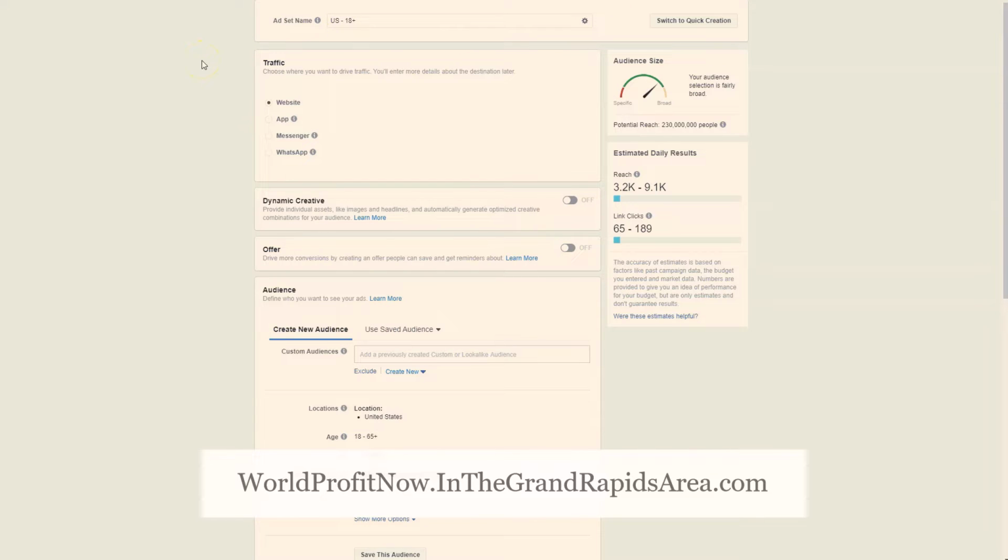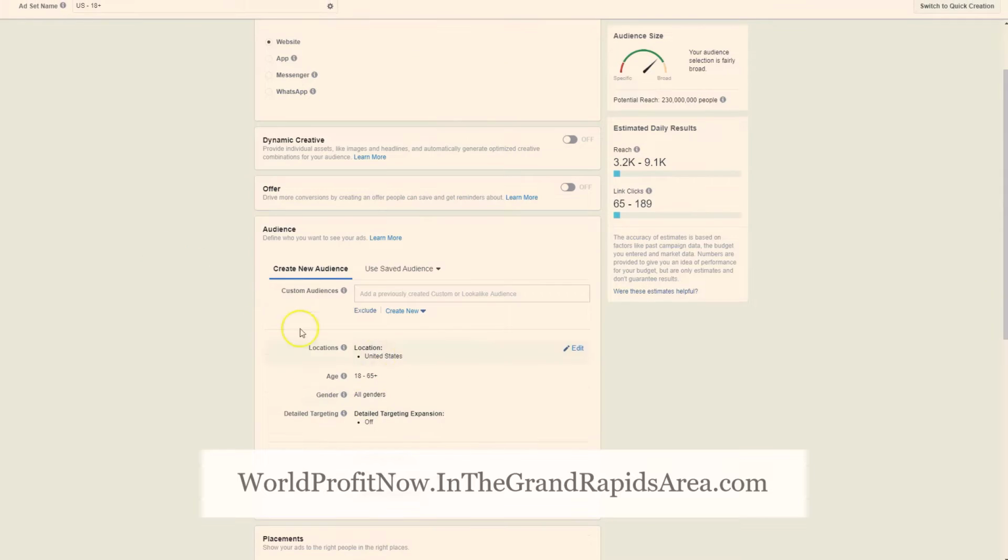There's a real science in terms of naming conventions when you're creating multiple ads or multiple ad sets within a campaign or multiple campaigns. Every company has their own sort of process for naming things so that it becomes easier to analyze and manage their ads. For now, we'll just leave it with the default US 18+, which is based on the default demographic, which is the United States and